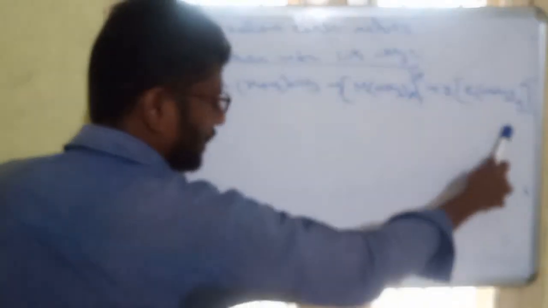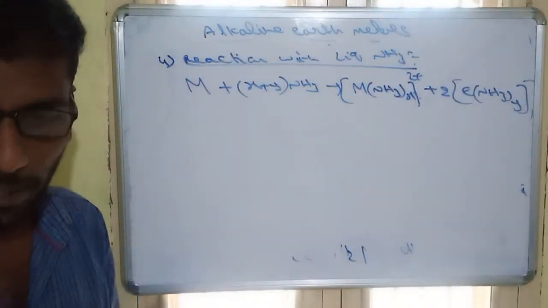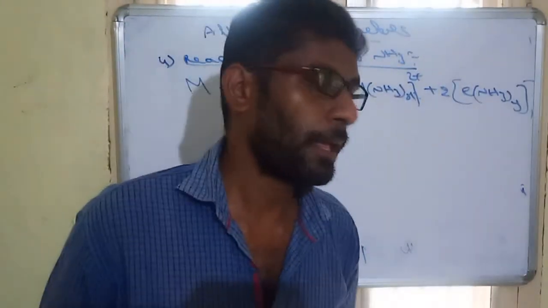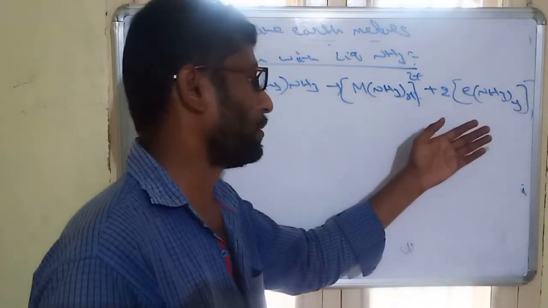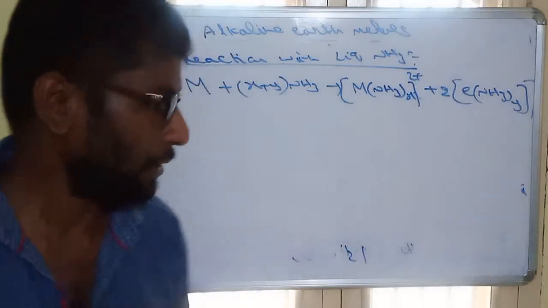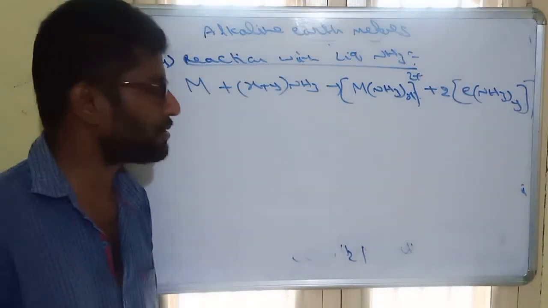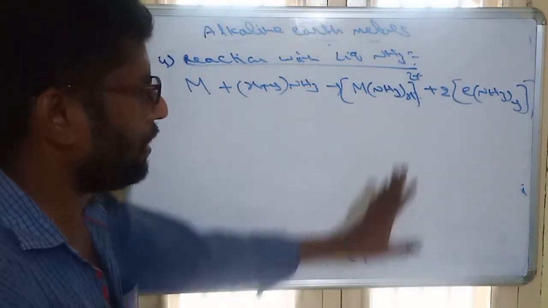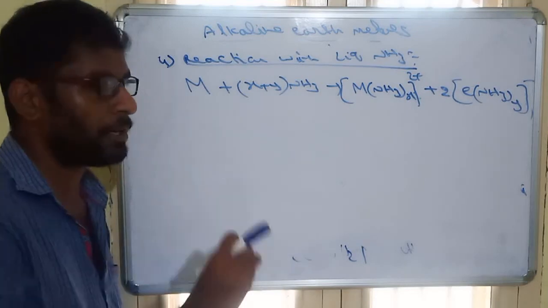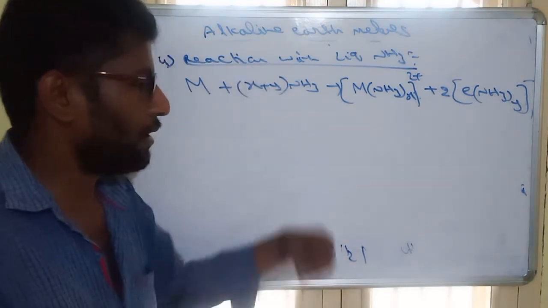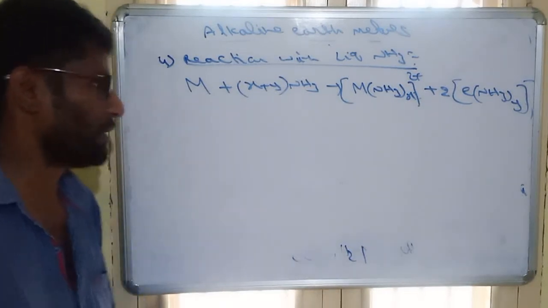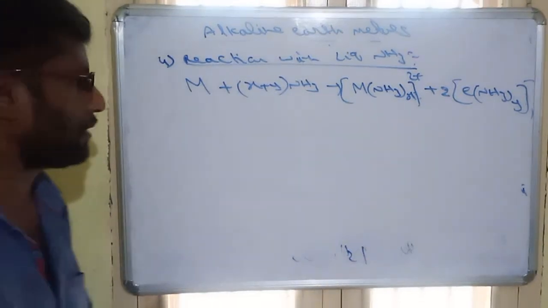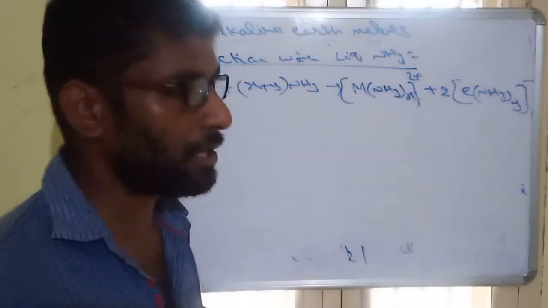These are the ammoniated electrons. Because of the ammoniated electron, the color will be blue. But on long standing, the color changes to bronze, which is also possible. That depends on the concentration we are using. But normally, the color will be blue. So any metal we are dissolving in ammonia shows blue color, due to the ammoniated electron, that is a reaction with liquid ammonia. So all these are the chemical properties.